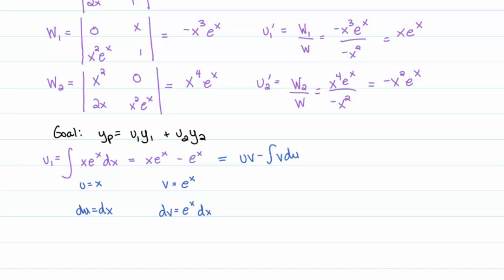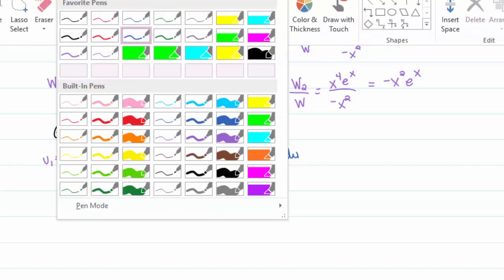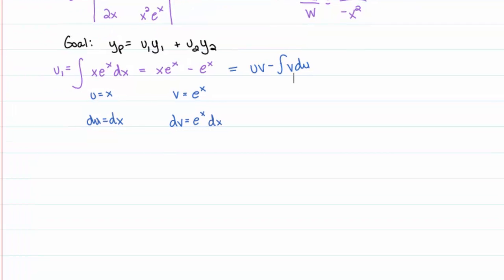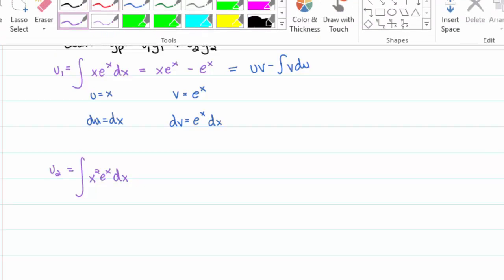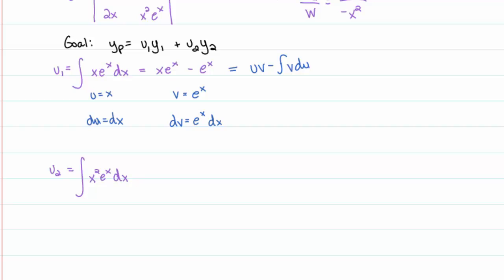Okay, and then u sub 2 is not one that I have memorized, so we're going to actually have to go through and do u sub 2 here. U sub 2, I'll give myself some space, is equal to the integral of x squared e to the x dx. This is just going to be 2 integration by parts, actually. So I'll stick with the blue for this. U is going to be x squared, so du is going to be 2x dx. And dv is e to the x dx, so therefore v itself, if you take the antiderivative, is e to the x. This is going to be uv minus the integral of v du,